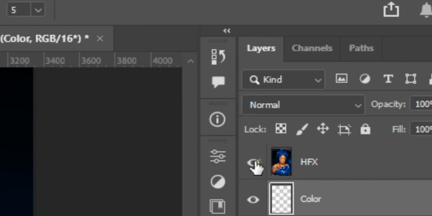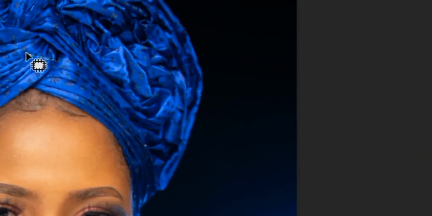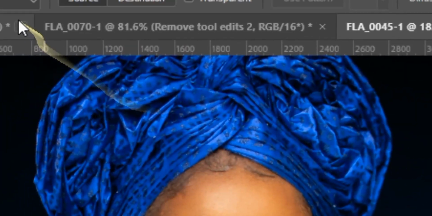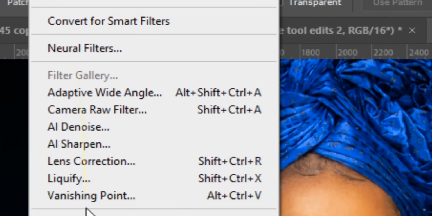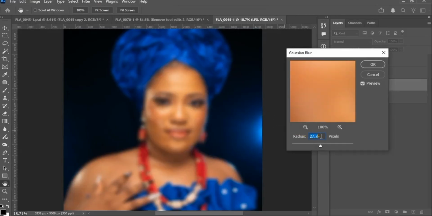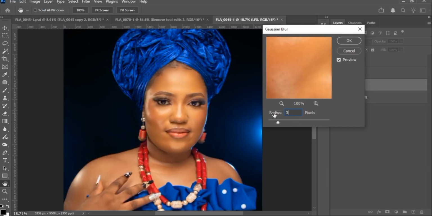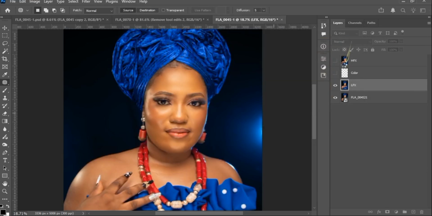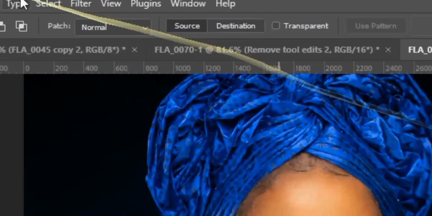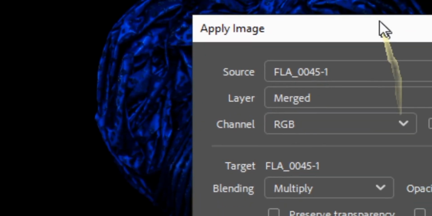So I'm going to turn off high frequency and color, and select the low frequency. Now we apply the blur. So go to filter, go to blur, select Gaussian blur. For this particular image, I'm going to use a blur radius of 3 and click OK. So I'll turn on the color, turn on the high FX, we'll go to image, go to apply image, then